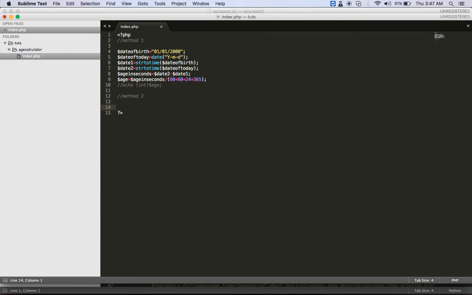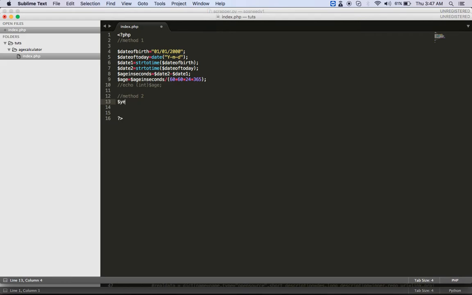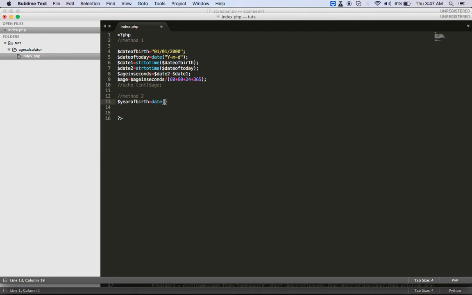if I'm given the date of birth, let's say I want to get the year from date of birth. So I'll call the date function. Let me say year, I'll call it year of birth. Year of birth is equal to, I'll call the date function. I'll pass this